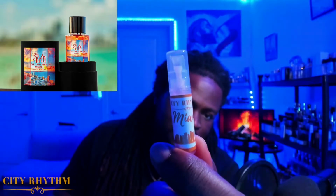That powdery, mysterious, perfumey vibe from that ambergris mixes in with that coconut as well. It's a perfect anchor for a lot of these notes. So beautifully done, yo. I am truly going to enjoy that. And that is Miami. A beautiful fragrance